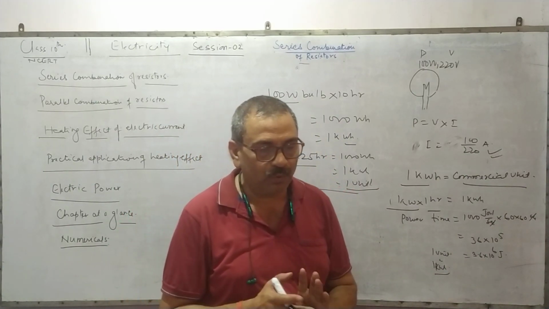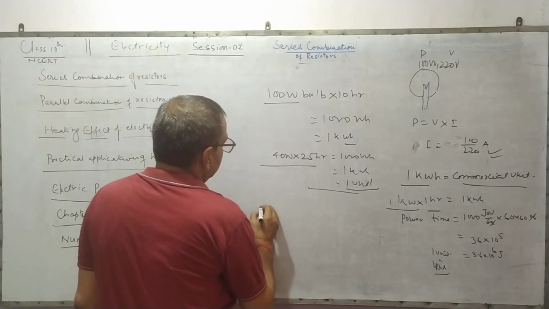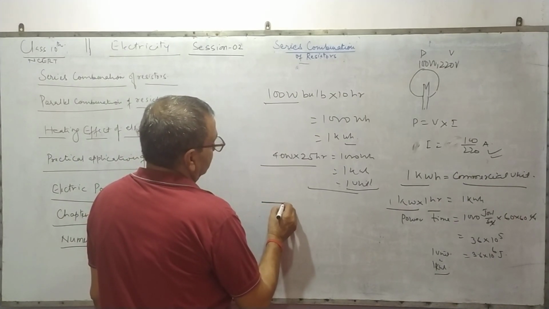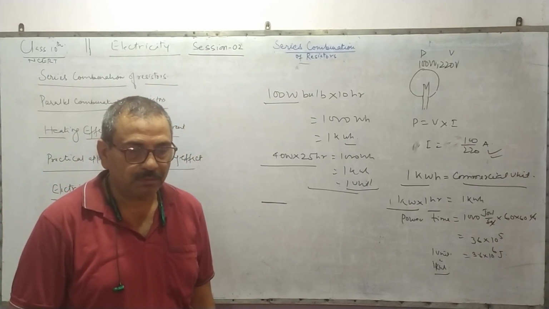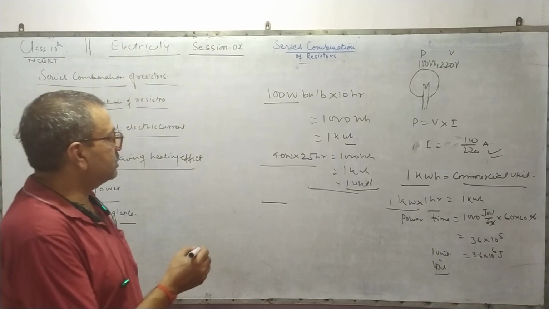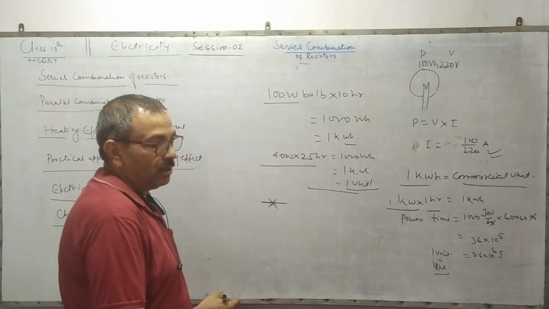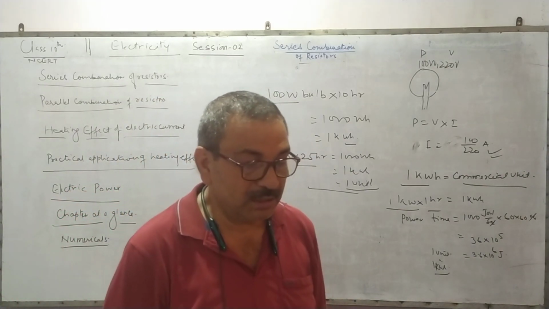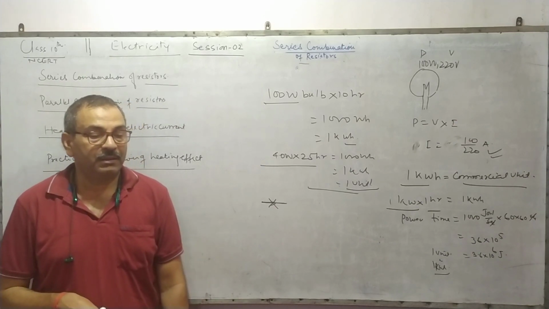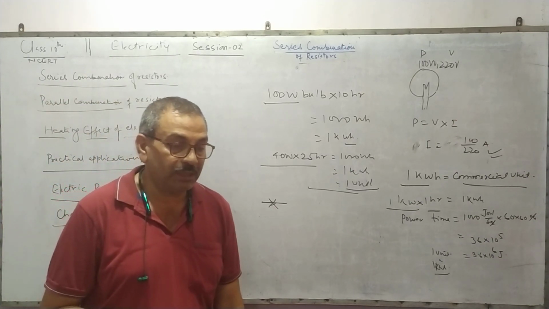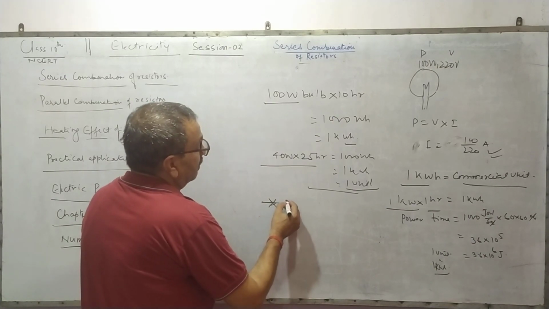So what is fuse? This is a simple device. This is a wire made by an alloy. It safely gets fused and breaks the circuit. It is connected in series. This is made of aluminium, copper, iron ये बने होते हैं. That is always connected in series with main supply या मशीन के साथ लगा होता है.